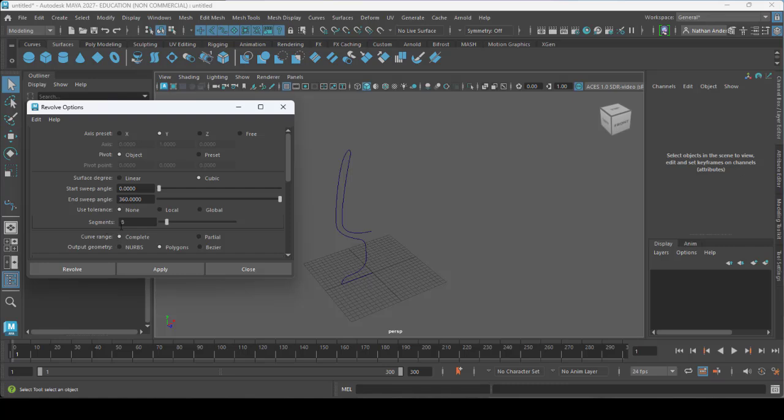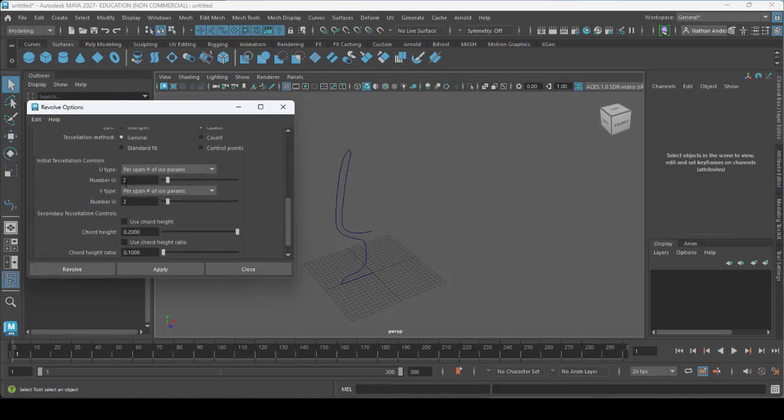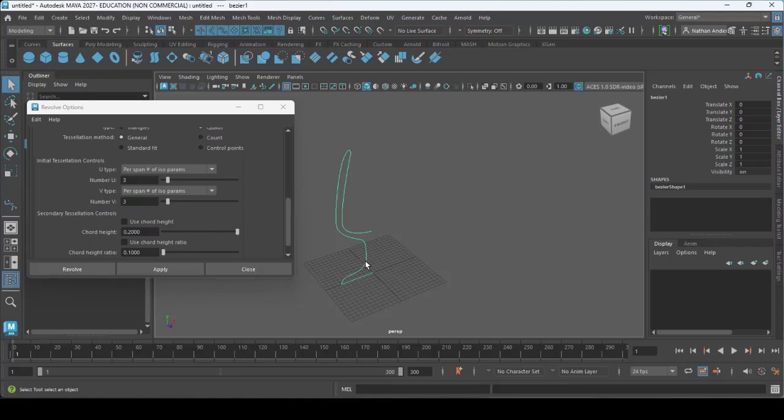We have a number of segments, which we currently have set to 8. Let's set that to 12, just for demonstrative purposes. And then this U number will be a multiplier, so times 12, around the U and the V. The V, or vertical, will be the number of vertices that you have in your spline.